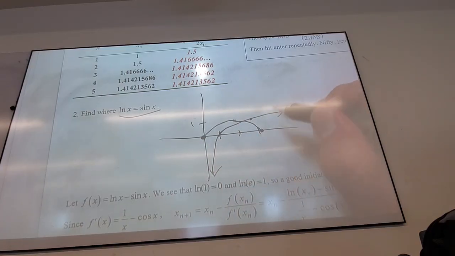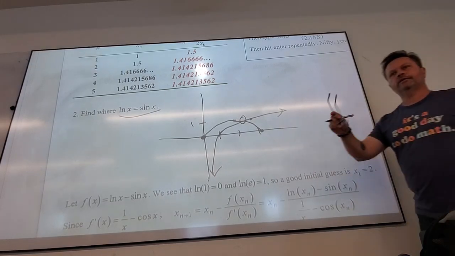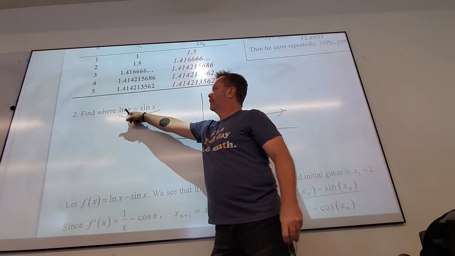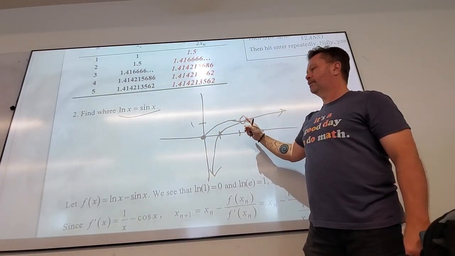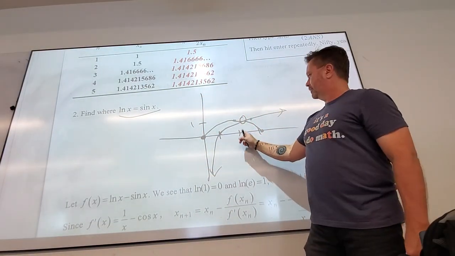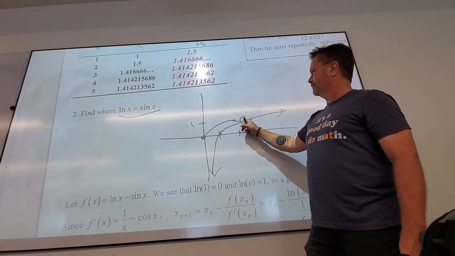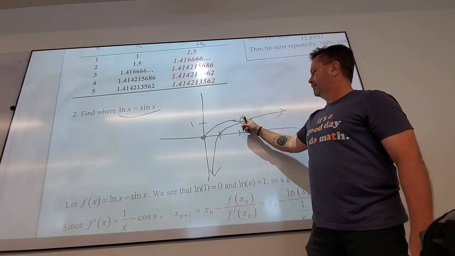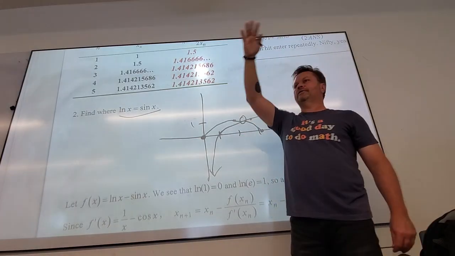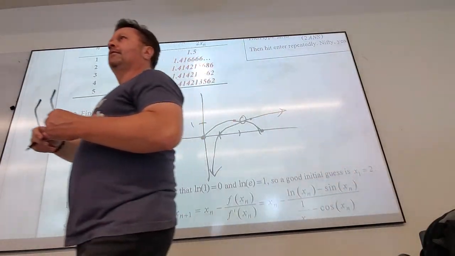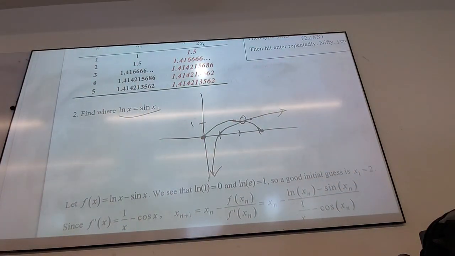Can you give an estimate? If you draw a sketch of one function and the other, where are they equal? Where they meet? Can you give a rough guess? 1, 2, 3. 2 point something, yes? So I think for mine, I just guessed 2. You with me? But you could guess even better, 2.1 or something.